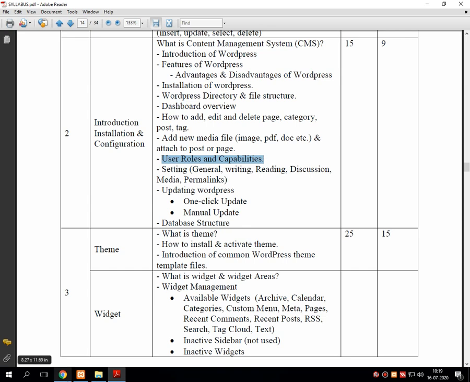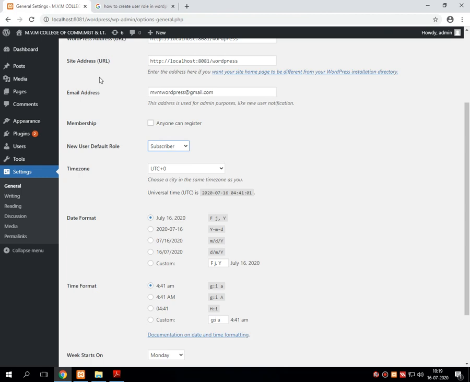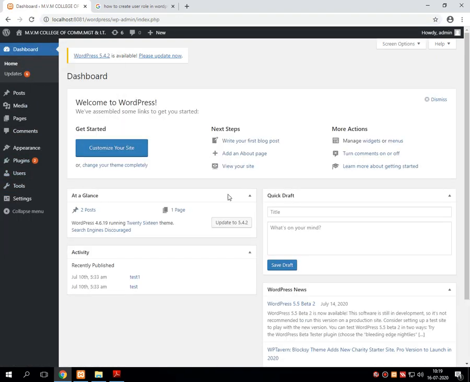So for that, students, we need to log into the WordPress that we have installed with the specific username and password. Then once the login is done, look at the tab option available on the navigation bar of the dashboard, that is called Users. Click on that option,